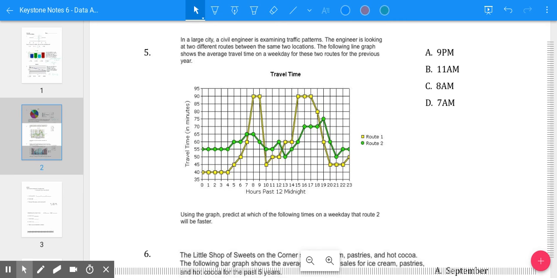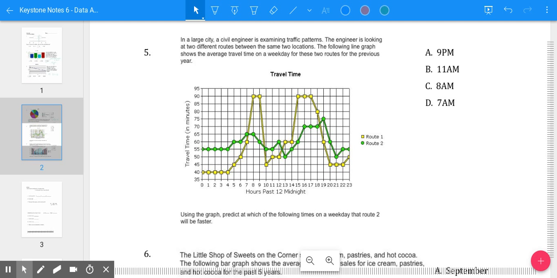Now, question 5 is a line graph with 2 different lines on it. And what we're asked to do is to predict at which of the following times on a weekday route 2 will be faster. So what I would do is figure out where route 2 is faster in general. So obviously we're looking for lower times, because faster would imply that you're getting there in a shorter amount of time. So route 2 is the green one. So we're going to look at, out of the 4 options over there, which ones it's actually below